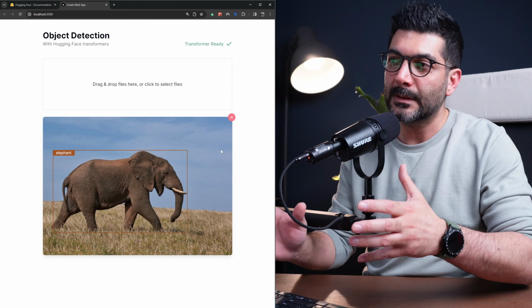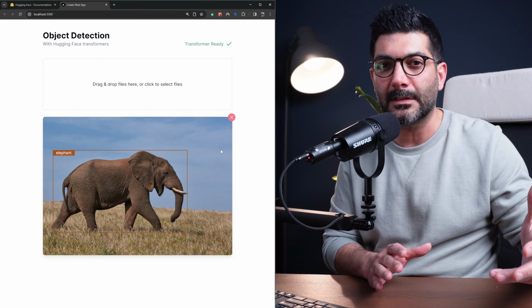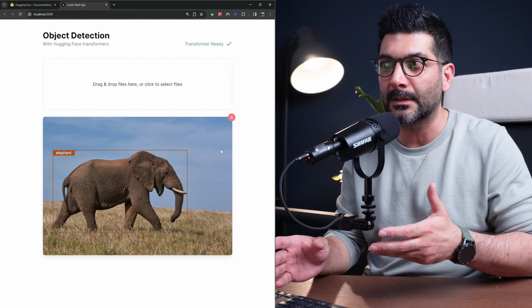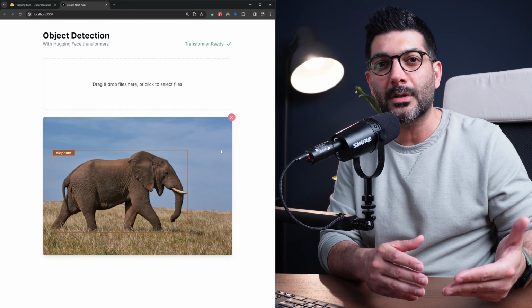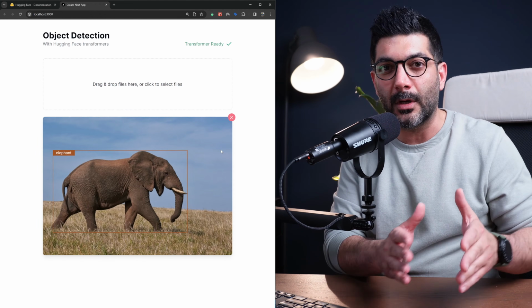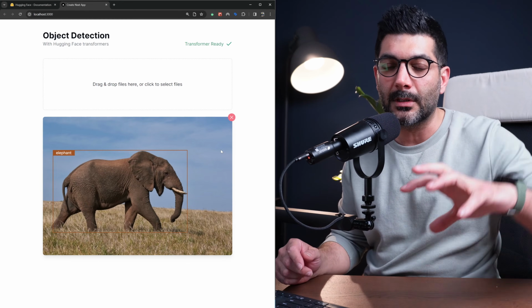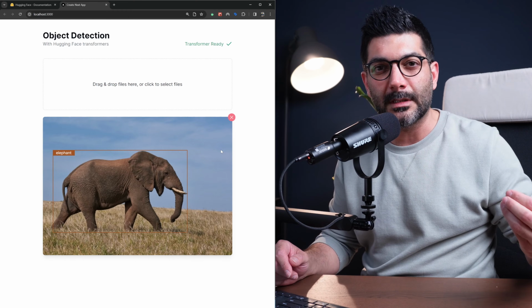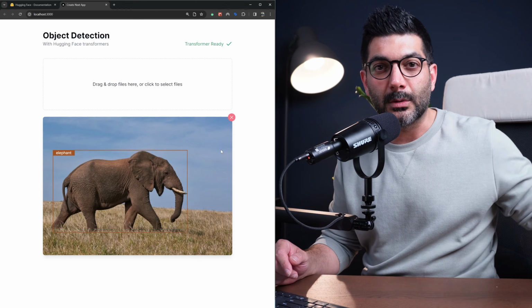But even though this is a NextJs application, it doesn't have any server-side code. So this AI model is running inside the browser using transformers.js, and it's actually running on a service worker or a web worker, so it doesn't block the main thread of the application. It runs behind the scenes. Even when we are loading this model, we're using a service worker or a web worker,